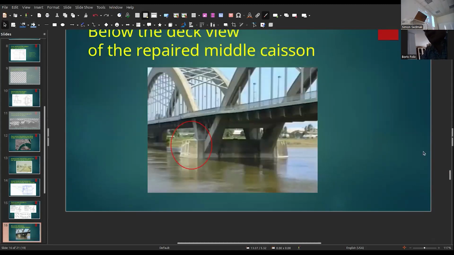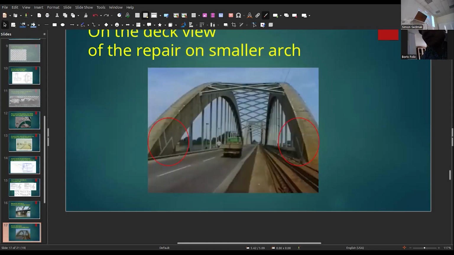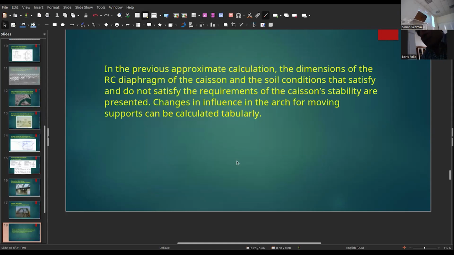This is below the deck view, the repair of the middle caisson after moving the right caisson after the flood erosion. This is the repair of the small arch, and this caisson, a pair of arches, moved about 10 centimeters in 1965 after the flood. In the previous approximate calculation, the dimensions of the RC diaphragmatic caisson and the soil condition satisfy